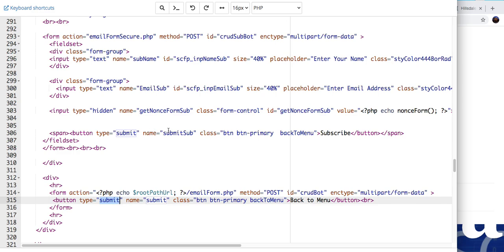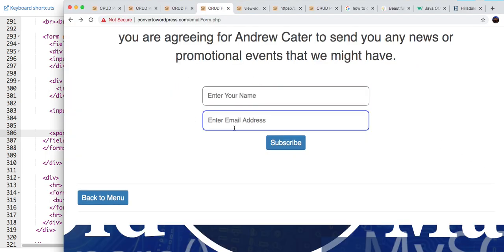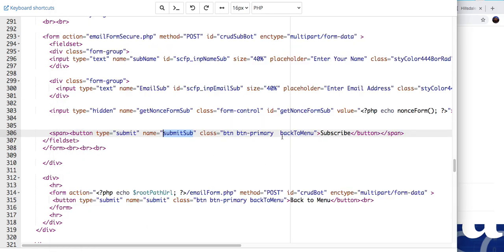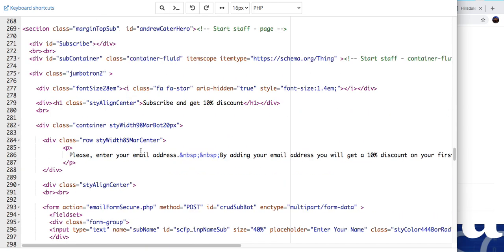This is your submit. That's the name you're giving it because PHP is going to read this, right? This class comes from Bootstrap. It just gives you that nice little look, with little buttons. You can do different types of buttons, all kinds of stuff. This is a class, meaning go back. That's all it is. This class sits